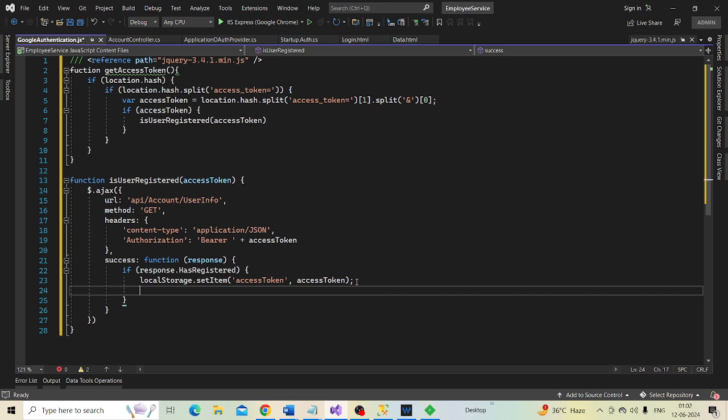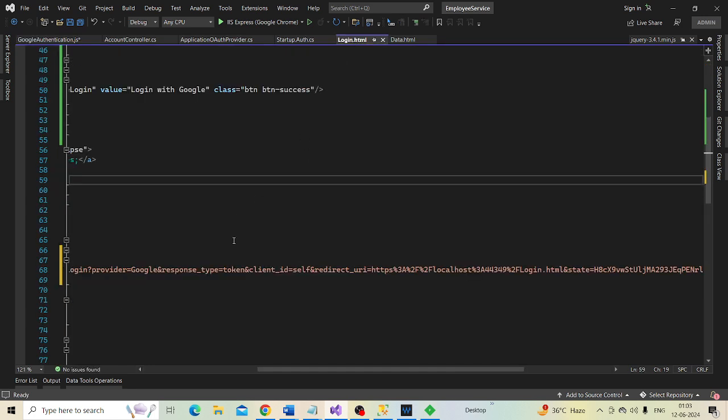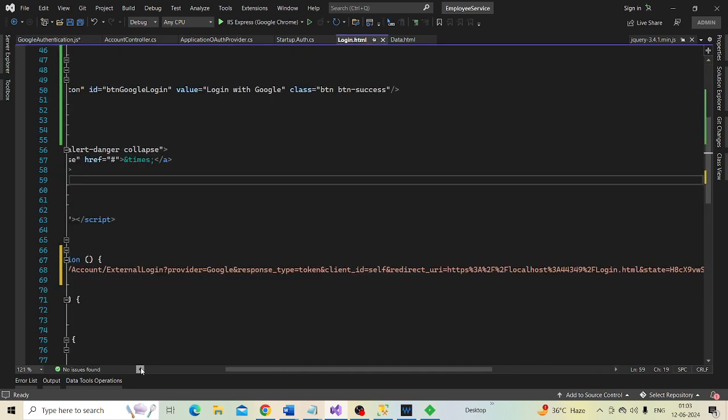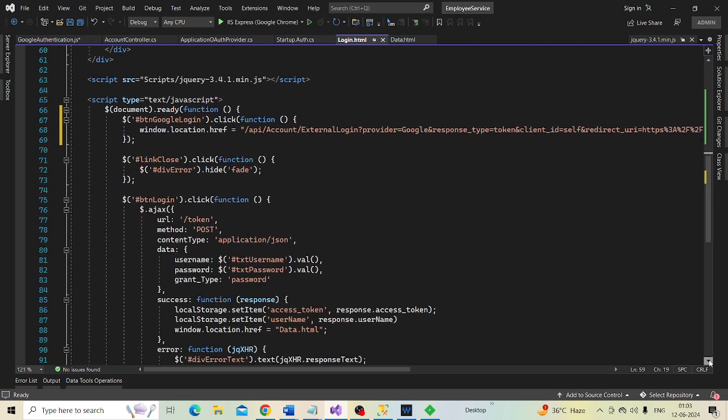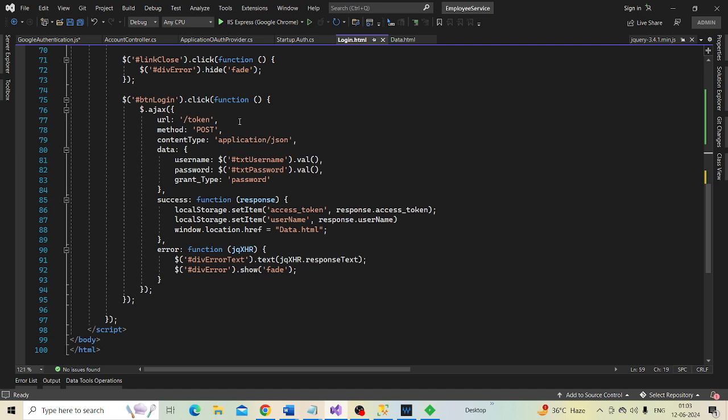So this is the same key that we are using on the login page. Here it is.